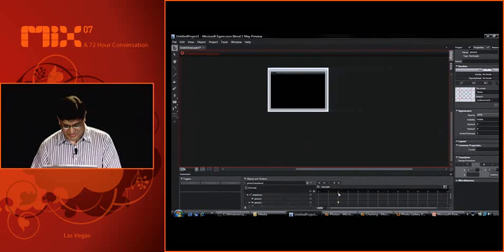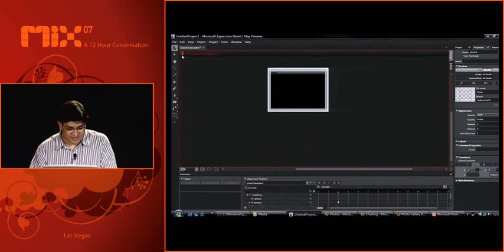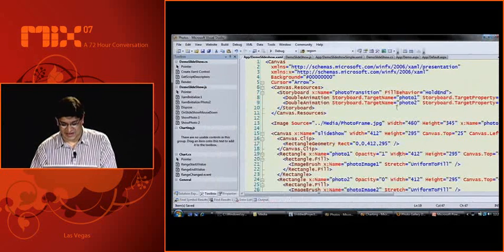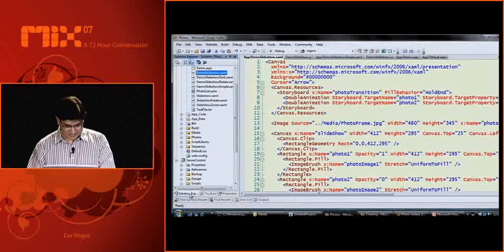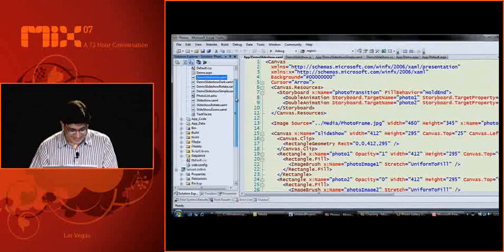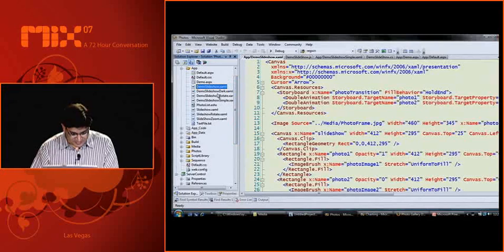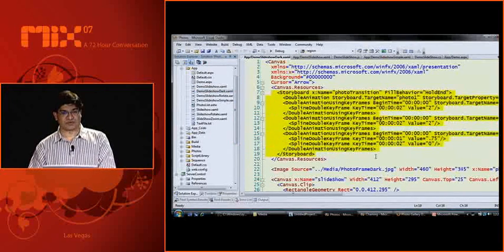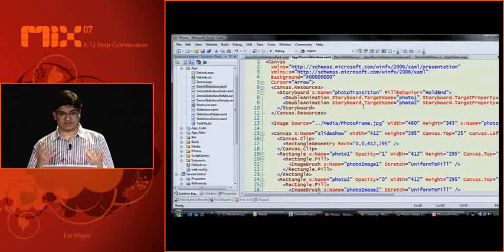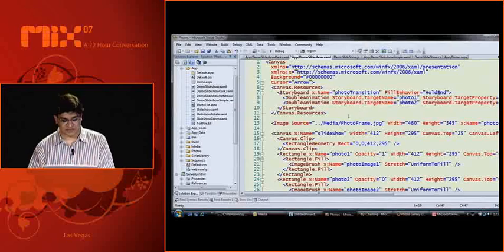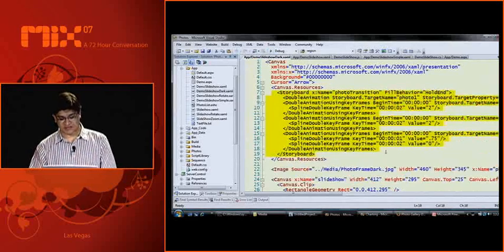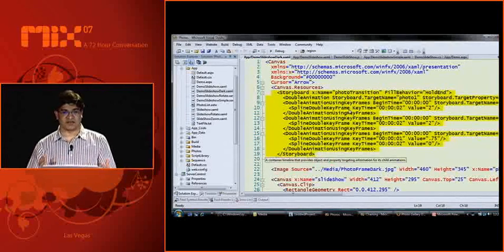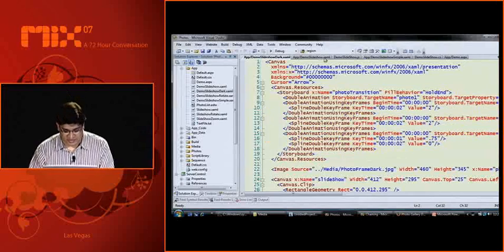This is not quite working for me. Ignore this for a moment. I have a built XAML file. Always have a backup. This one. And you can see what changed here is that the storyboard became a lot more complex than the one before. The one before was just animating opacities, and this one, in addition to animating opacities, is also animating the size, for example. So let me pick this one instead now